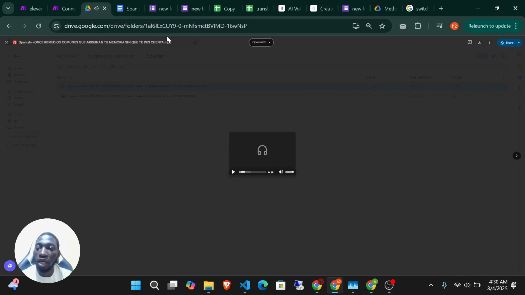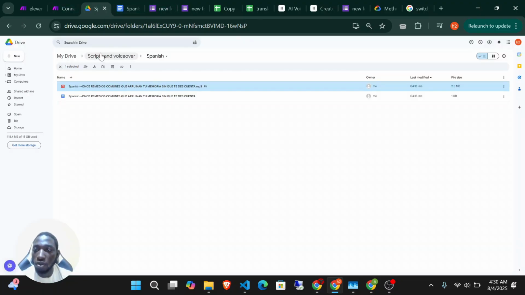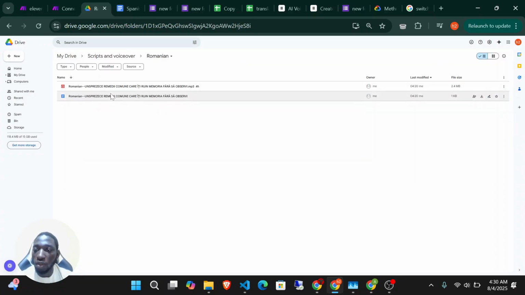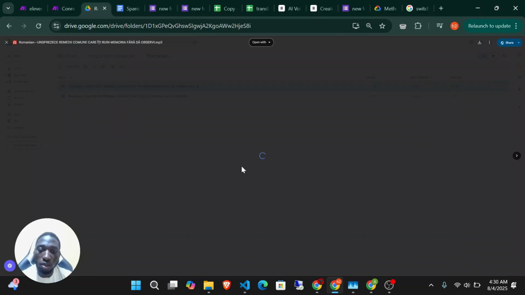So we can see that works fine for Spanish. Let's check other languages out. And we have Romanian. Romanian automatically saves in the Romanian folder, and clicking on that, we have